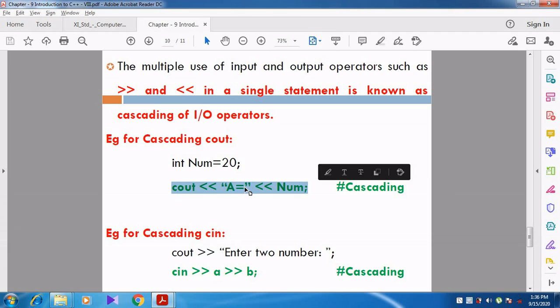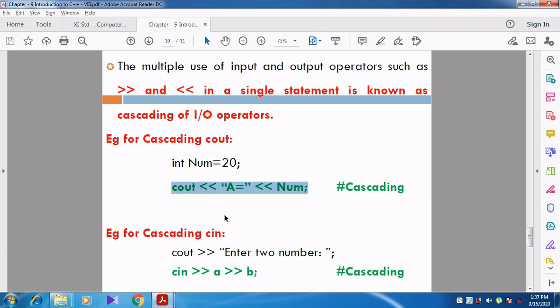So a = will be printed on the screen. What is the value of num? 20. So the output on the screen is a = 20.